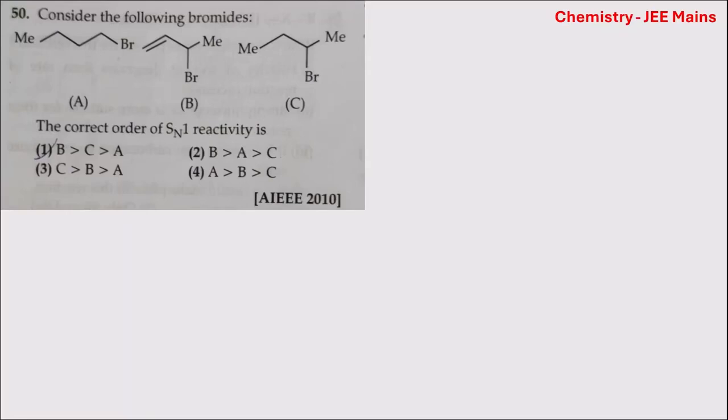Consider the following bromides. Again, the correct order of SN1 reactivity has to be seen. So if this carbon-bromine bond breaks, then there is positive charge on this carbon. Now this positively charged carbon is bonded to 2 other carbons, so it is a secondary carbocation. Again the carbon-bromine bond breaks, positive charge on carbon. This is bonded to 2 other carbons, this is also a secondary carbocation, but in this case the positive charge is